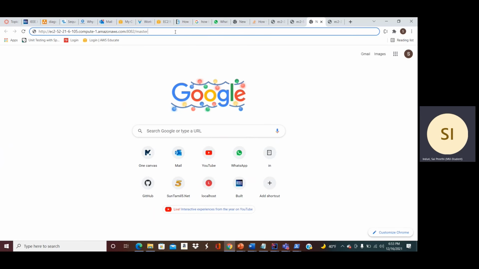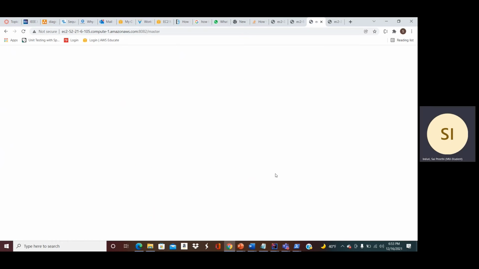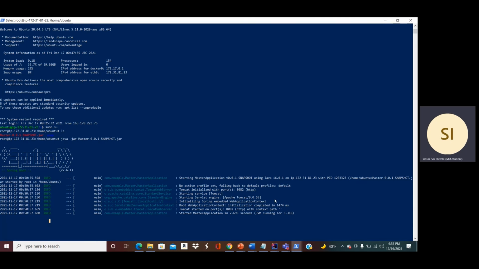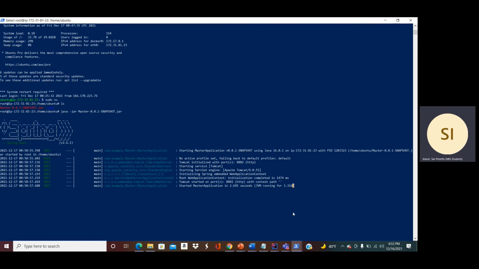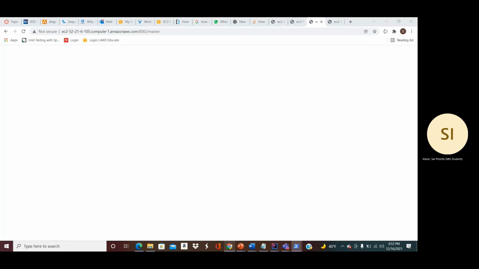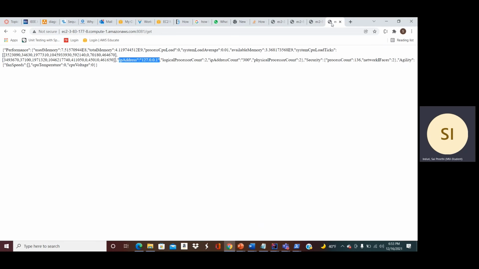If we run the master endpoint and see its logs, we can see a DOS attack has happened because the IP address count which we got from that particular IP is 300.